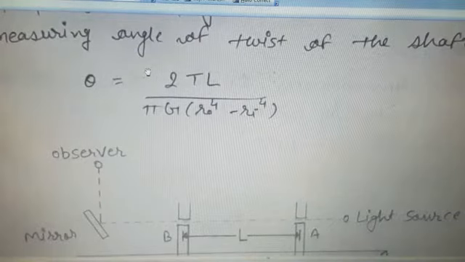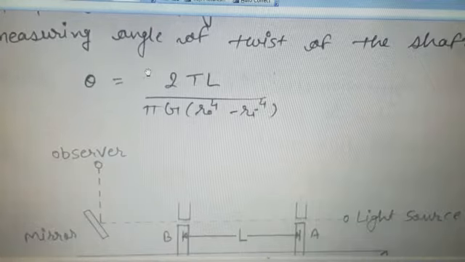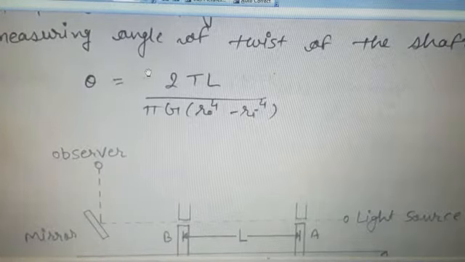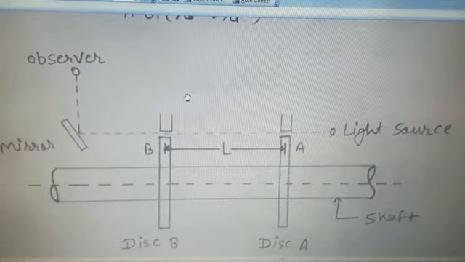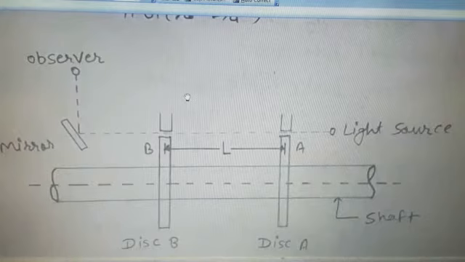So that you can easily find the value of torque. First, just keep in mind that first you have to find the value of angle of twist, and then put this value, and then you can find the value of torque. So that is totally the easiest question. Okay, this is the torsion bar dynamometer. Okay students, now let's move forward.